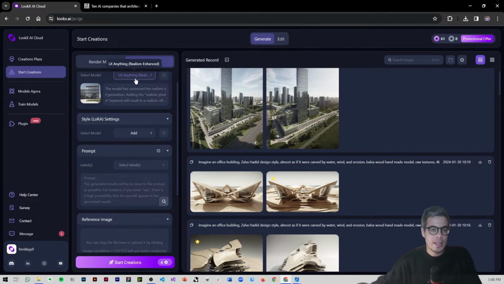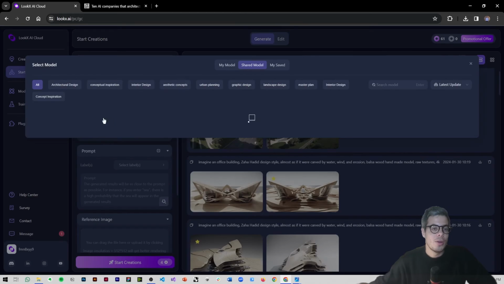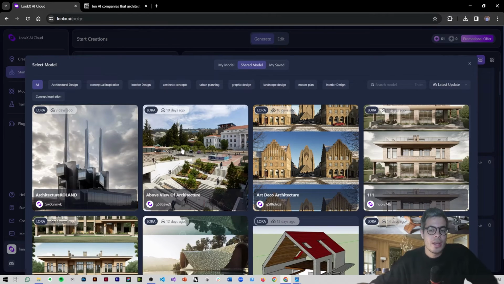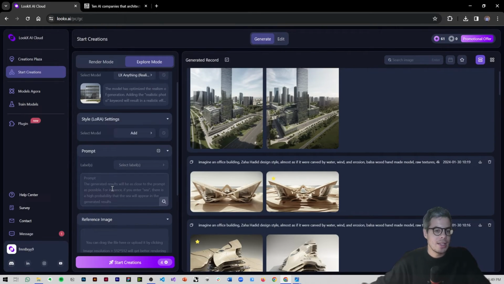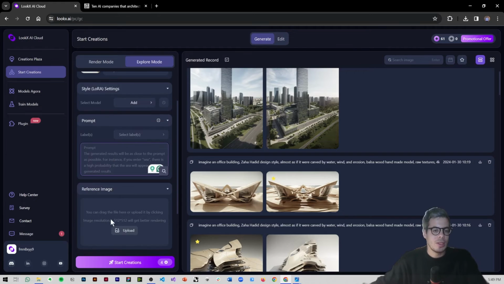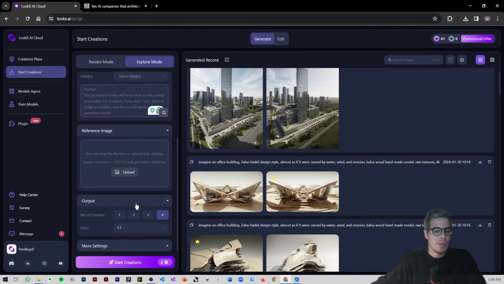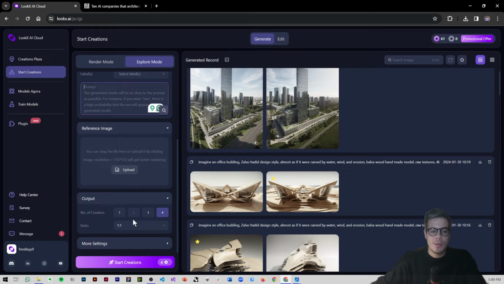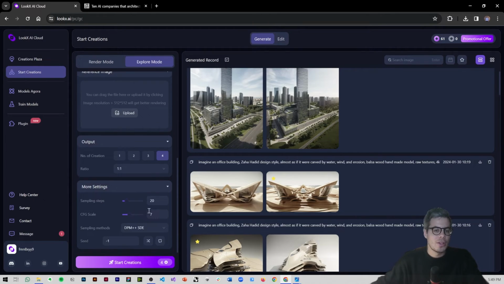So we've selected the model, and you can then add a second layer of detail with what's called LoRA. LoRA is another fine-tuned model. It adds a degree of control in what type of style you want to get at the end. It's like a second layer, and you can choose that type of model again according to these different themes. And the process then is the same, generating a prompt, and adding an input image, selecting how many images to generate, and then there are some more